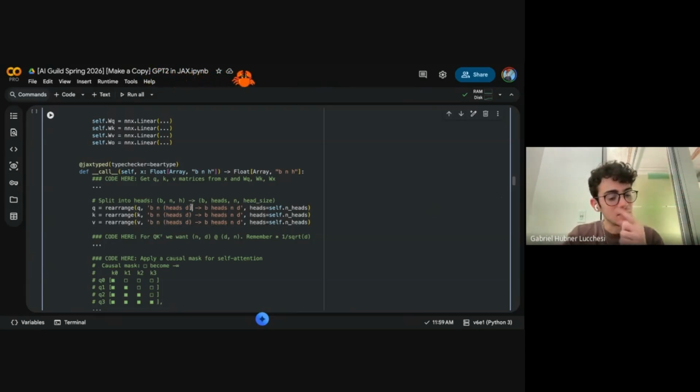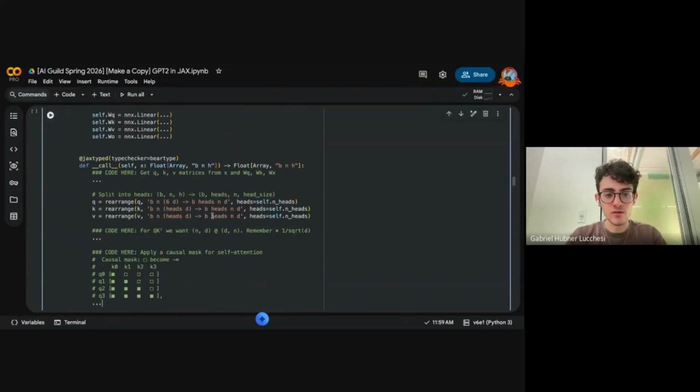But I'm going to denote H as a product of heads and every single head's dimension. We have 12 heads and then 64 here. This is automatically computed because it knows that H is 768. So we just have heads and D here.